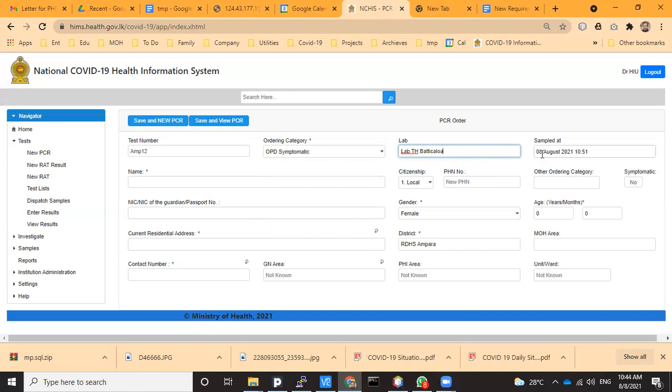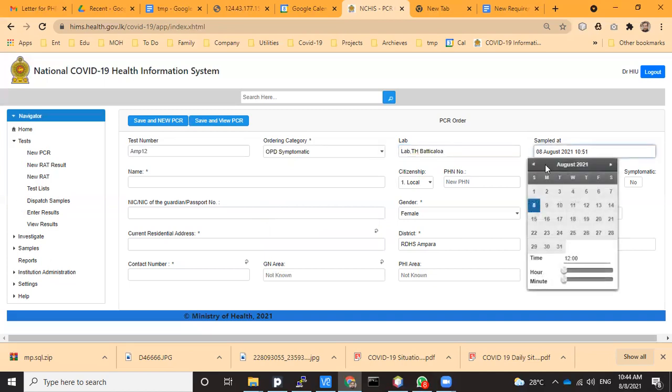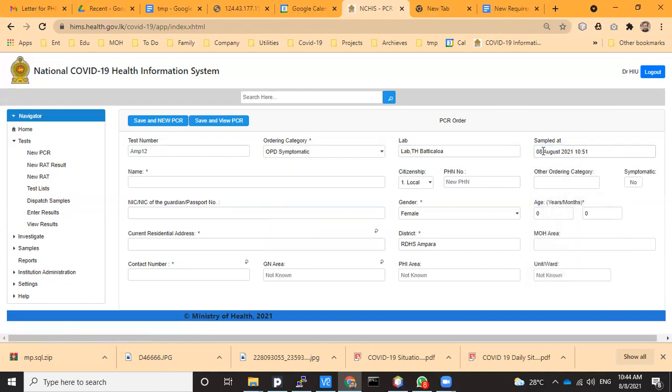And the date of collection. Some wanted the exact date of sample collection, but practically it's difficult. So the type of ordering the date is marked as the sample date. But in case you are filling this for tomorrow's collection, there's a possibility you can select tomorrow's date. But if it is not changed, the default is the current time. So that is an example.